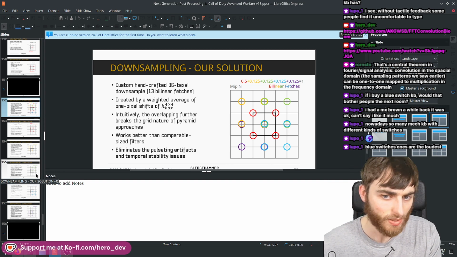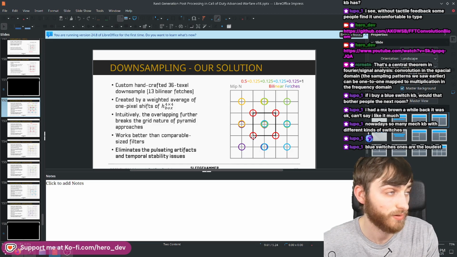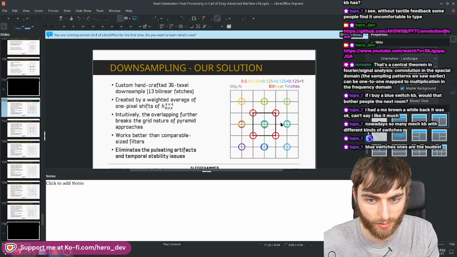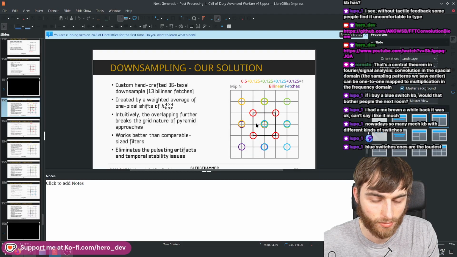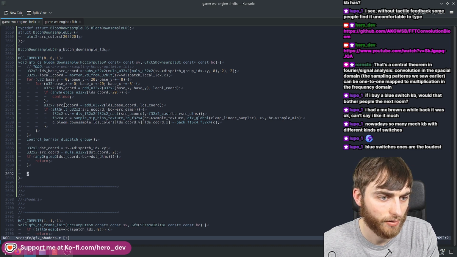So given a pixel, the black border is the one in the destination texture, the lower resolution MIP, MIP 1 for instance, and these grey ones are MIP 0. To color in this texture pixel, we need to take all of those sample locations, which we have in this grid here, in the LDS. So we'll need to be able to get the coordinate in